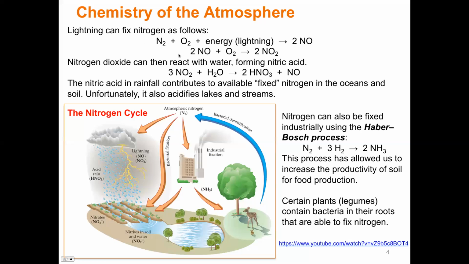So the first step, making the nitrous oxide, and then making the nitrite. Sorry, I always get this mixed up. Nitrite, and then we get our nitrate. Okay, so ite is O2 and ate is O3. All right. Now, how does that go back again into the atmosphere? Well, decomposition. So when organic matter decomposes, there will be bacteria that can break down the nitrogen and send it back as N2. So these are denitrification bacteria that are able to do that. All right.